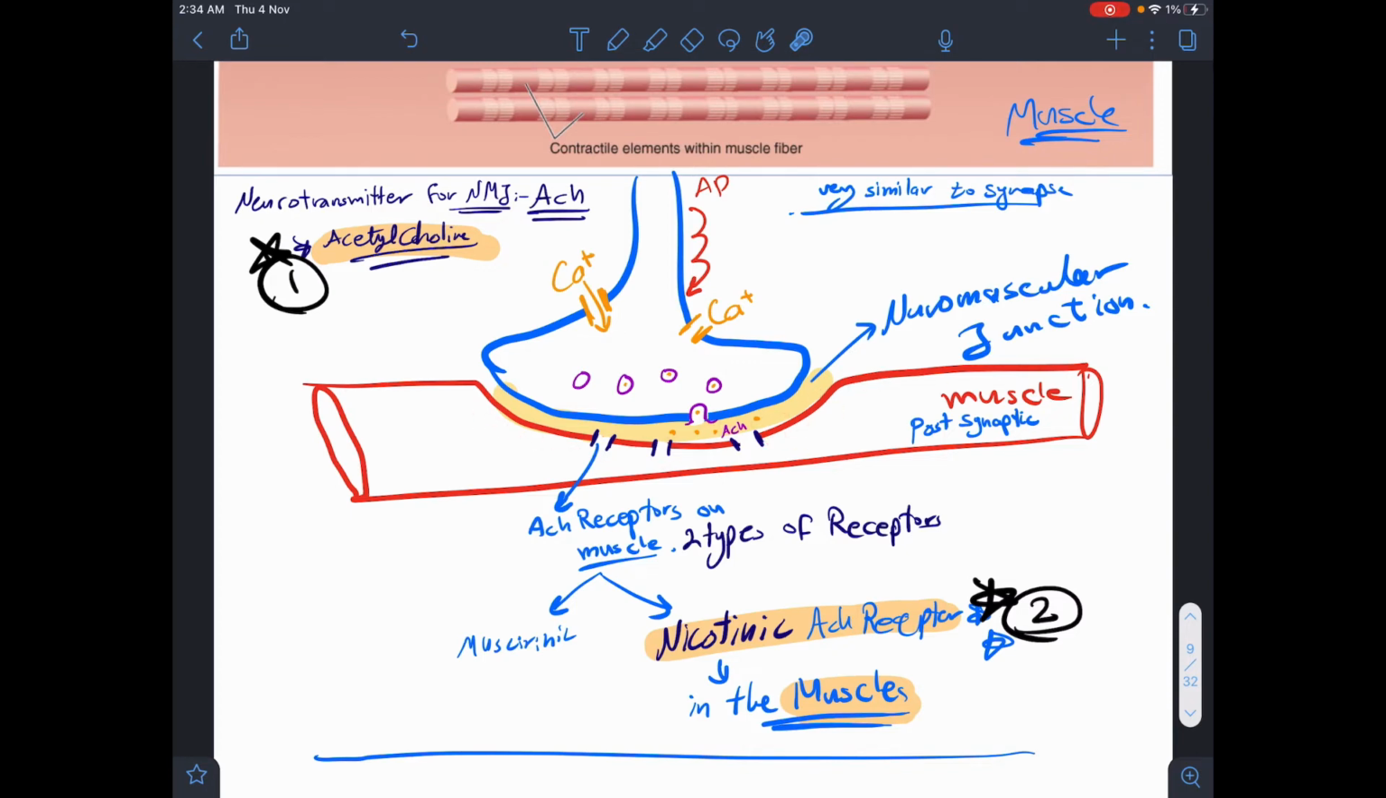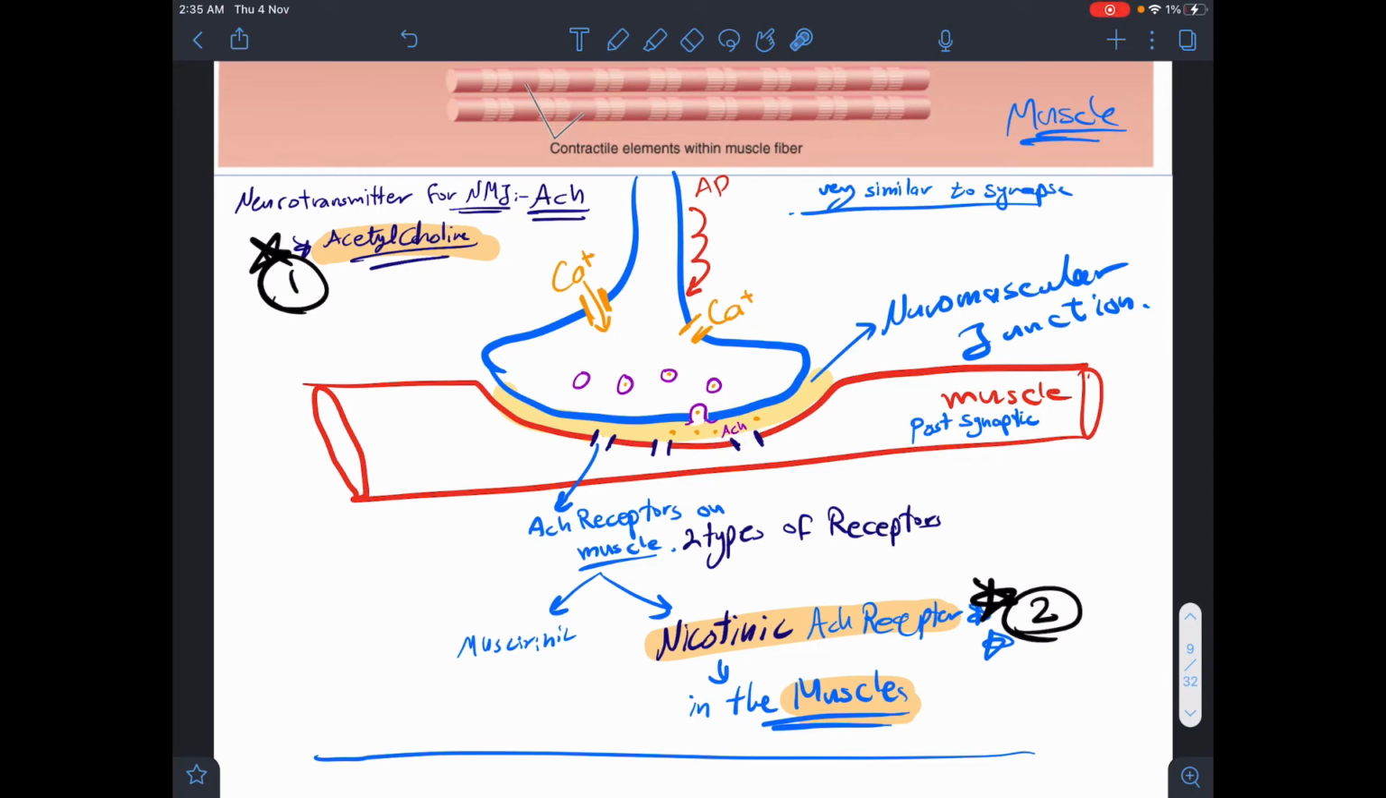Good. Now, acetylcholine receptors in our bodies have two types: the nicotinic acetylcholine receptors and the muscarinic acetylcholine receptors. In the case of innervation of muscles, at the neuromuscular junction, we always have only nicotinic acetylcholine receptors in the muscles. It's very similar to the synapse, but the difference is that, first, it is the nicotinic acetylcholine receptor, and second, this